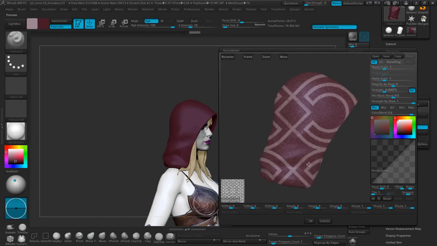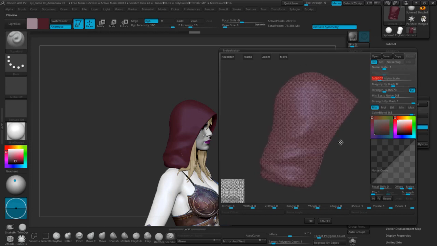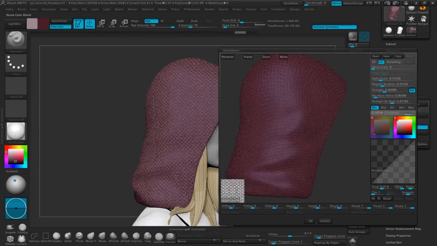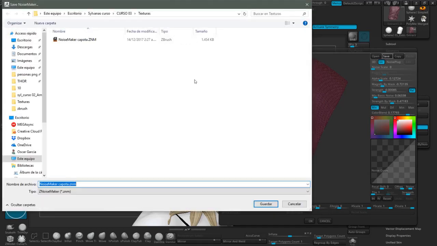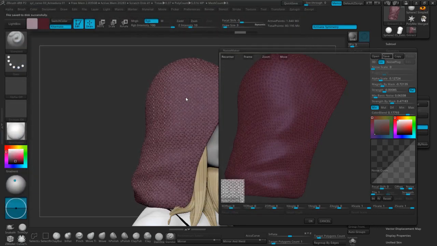Let's scale it a bit. Let's check the size. Enable here UV. Maybe a bit more subtle. Once I'm satisfied, what I'll do is to save this pattern, the texture as it looks. I'll save it since later on I will be able to copy and paste it on the one I had done here previously. I'll replace it. It's called Noisemaker Hood, because later on, as I was telling you, I'll paste it to the